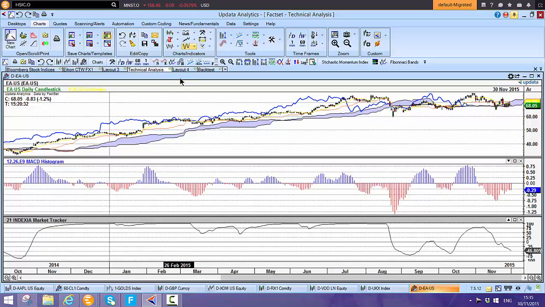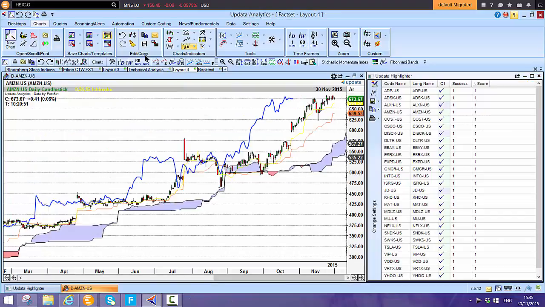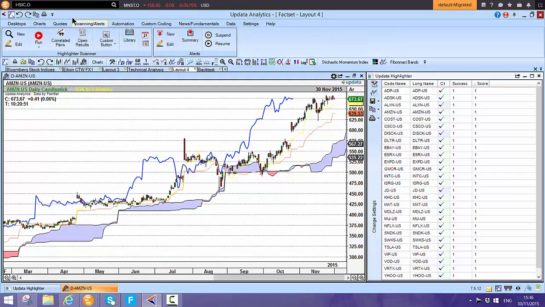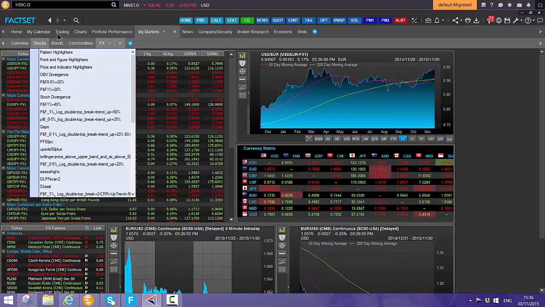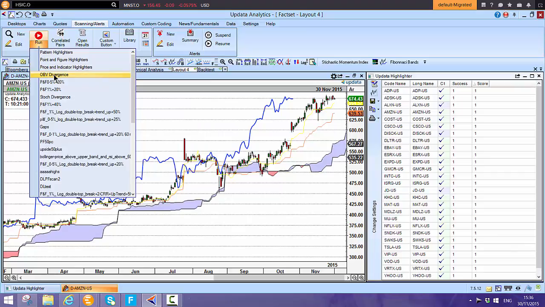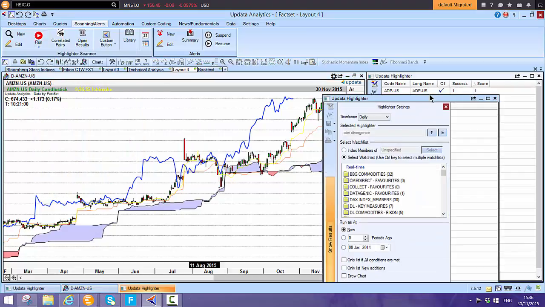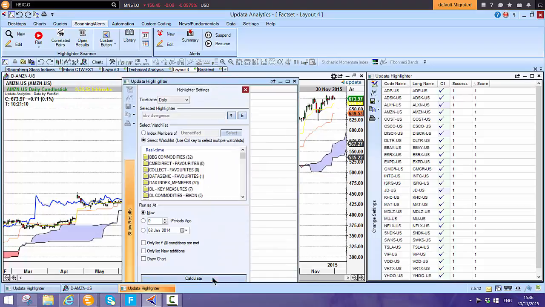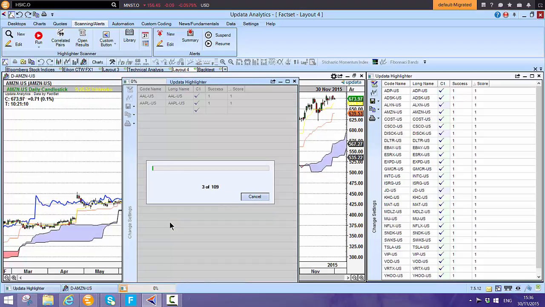If we take a look at just some of the more powerful things that people like to do with the data, and that is the scanning. So a lot of users use Updata for its powerful scanning capability. So we can just go and grab, let's just do a scan of volume divergence, for example. So we can just run this literally on our list of Factset. This is the NASDAQ 100 list. We run that list, and straight away we see that